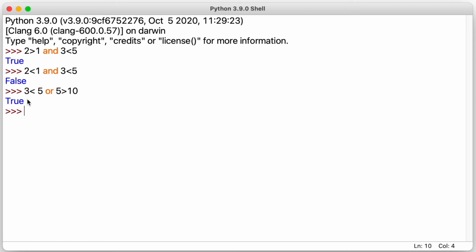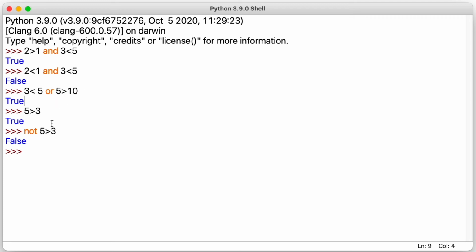Now let us say we have a condition like 5 is greater than 3, so this is a true value. But if we want to negate this value, then we can use this NOT operator. So NOT 5 is greater than 3, you can see here it returns false. So this is how the NOT operator works. OR operator works like this. It is also used in more than 2 operand scenarios.